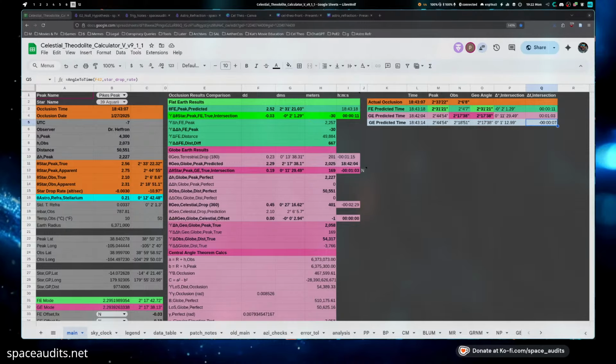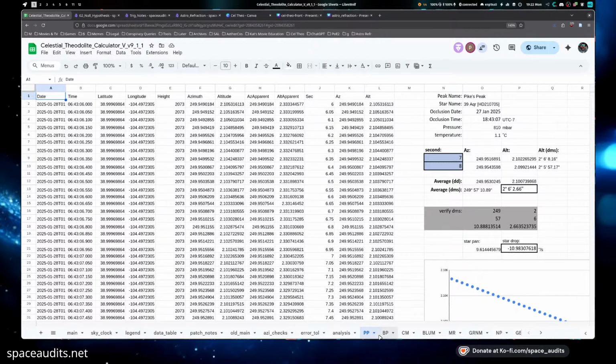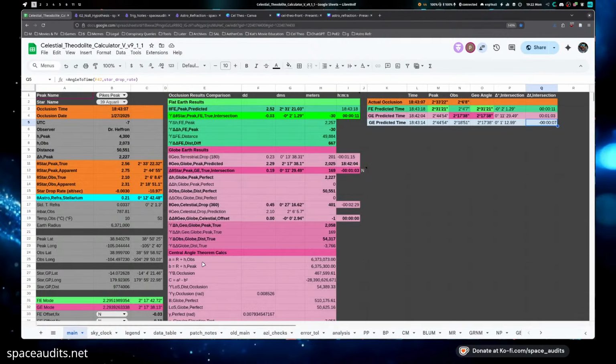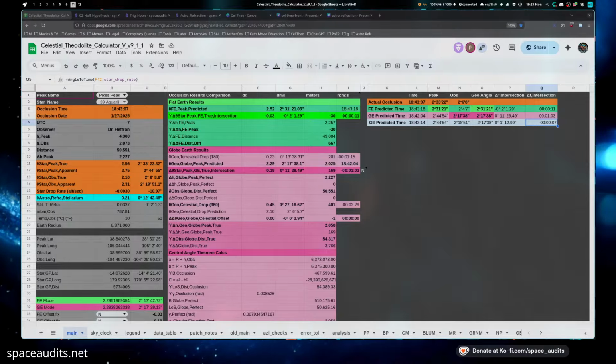Yeah, not only do we know about it, it's built into the spreadsheet. All of these tabs over here that are abbreviated peak names, those are where you can find the vertical descent differences. Thank you for bringing that up, though. Much appreciated. Nice. And in that equation, do you also account for the fact that the lower the star is above the horizon, the slower it's going to move?